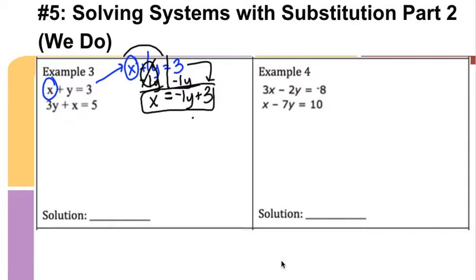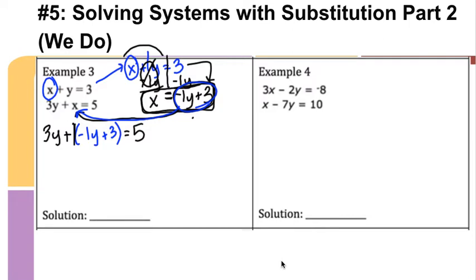So I got x to be by itself, so now I can take this value of x right here and substitute it in for the x in the second equation. So I'm going to write 3y plus, but instead of the x, I'm going to write this negative 1y plus 3. And then continue to copy down the rest of it, equals 5. So this means that I have a positive 1 out in front. Positive 1 multiplied by negative 1y is still negative 1y, and positive 1 multiplied by positive 3 is still positive 3. So you can just remove the parentheses. Okay, so now you got 3y, 1 times negative 1y makes negative 1y, 1 times positive 3 makes positive 3,